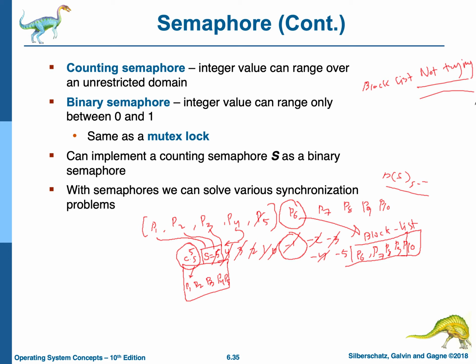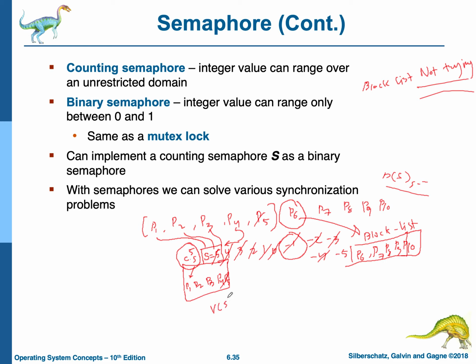There is an infinite while loop where the processes keep on trying. However, in this block list, the processes which cannot get entry into the critical section are put into the block list, so that if one of them has released the resources,